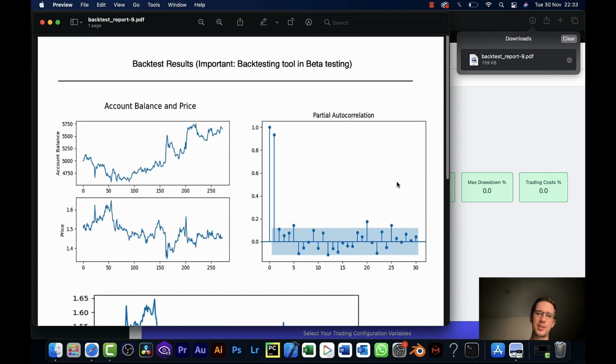Now, here's the partial autocorrelation. And this is something I find really fascinating, because this looks a lot stronger than Bitcoin's. Now, it's not to say that there's not a lot of randomness going on here. There's a tremendous amount of randomness going on here. But if we look at this price sequence, we can see we're starting to break this barrier towards the 0.2 mark for these prior days. In other words, there is probably some predictability in the sequence of this coin. And so for me, this was really interesting.